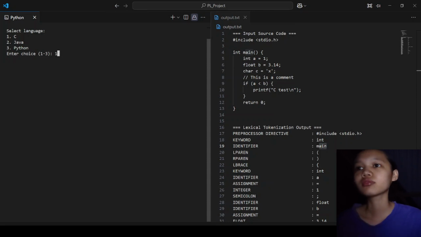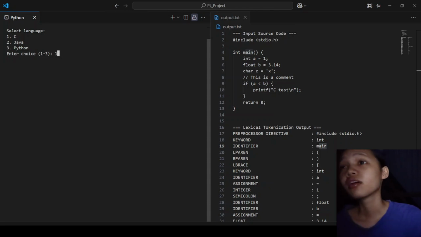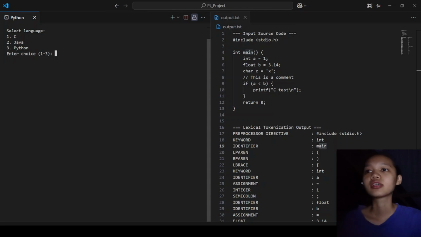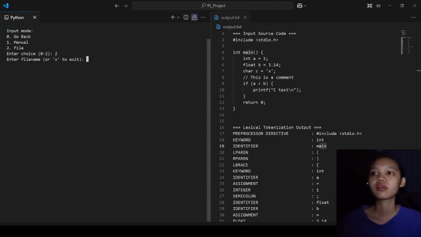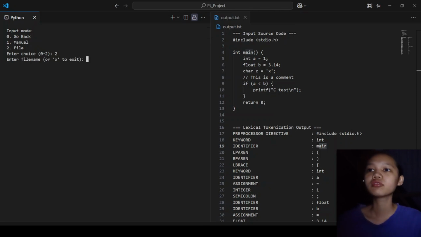So now let's choose the Java language, then file input, which is option 2. In this option, we just have to provide the file path and then the file name of the program we want to be analyzed.